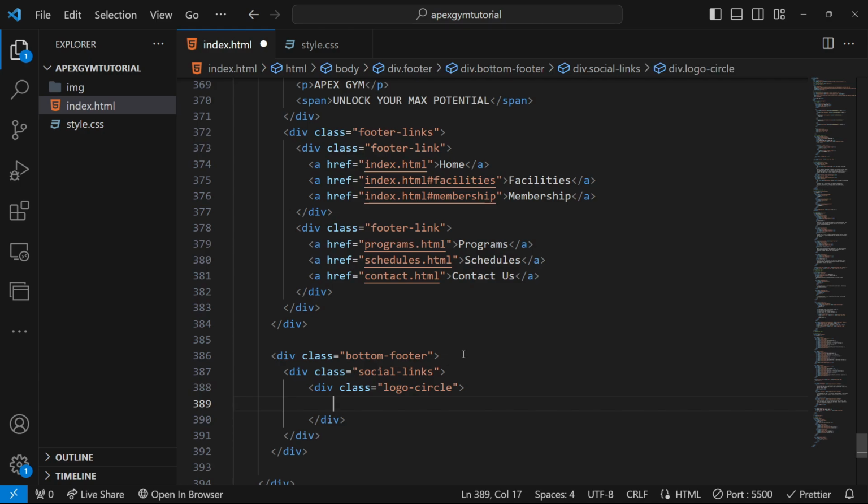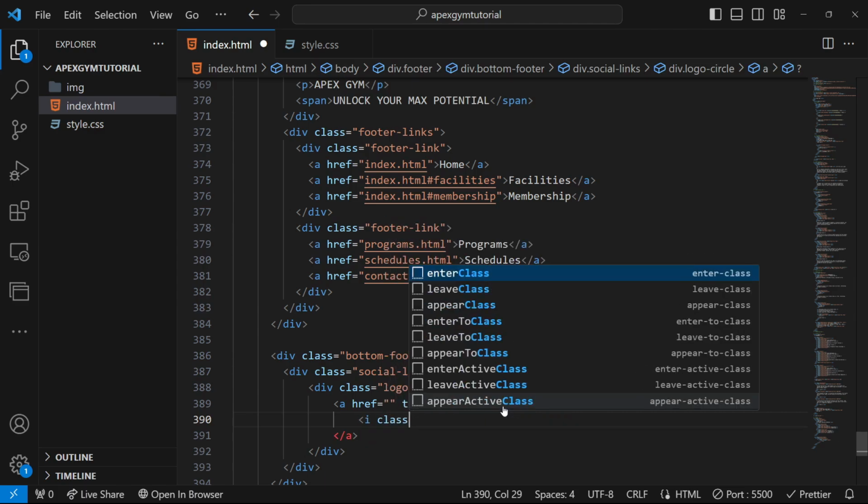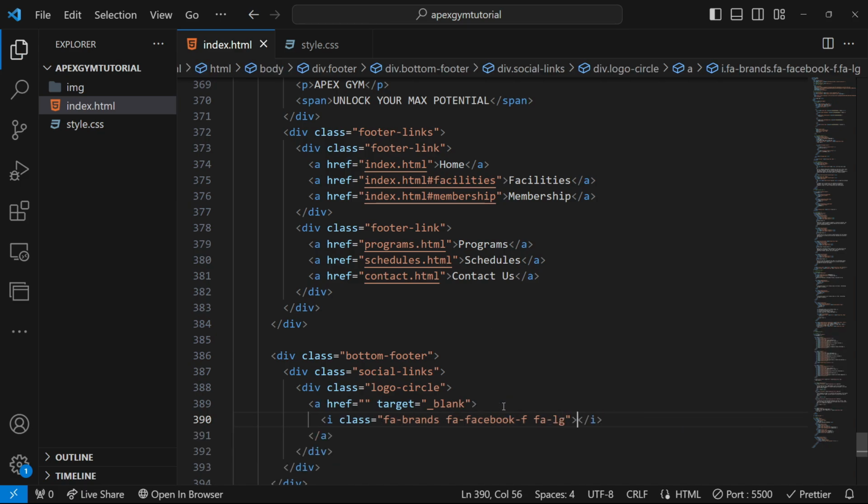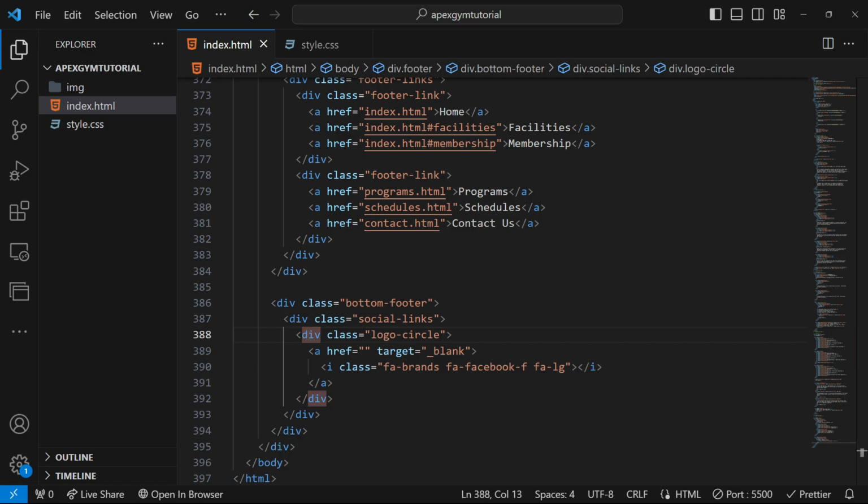I will tell you why we need that, but first let's create an a tag with an href. Let's keep it empty, and the target just has blank, and inside this a we will have an i with a class of fa-brands and fa-facebook-f with a fa-lg. There you go. And let's copy and paste this